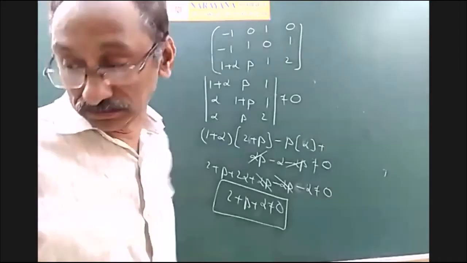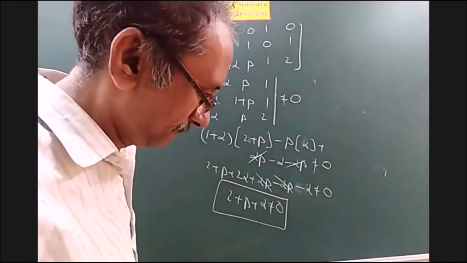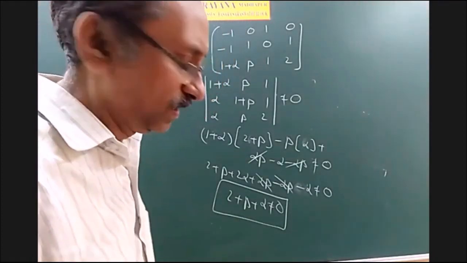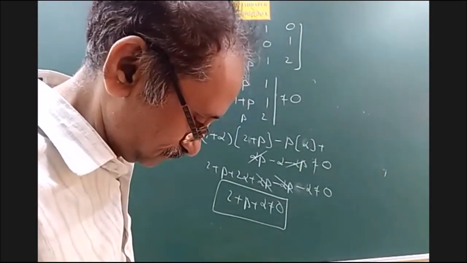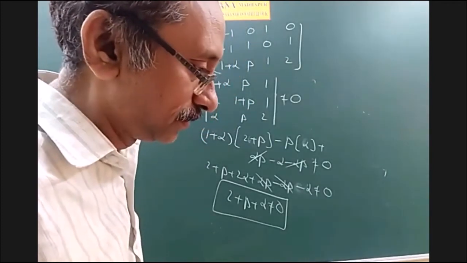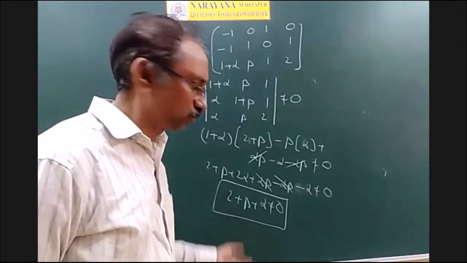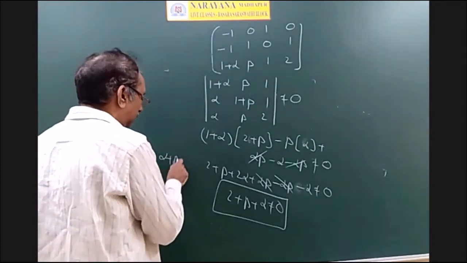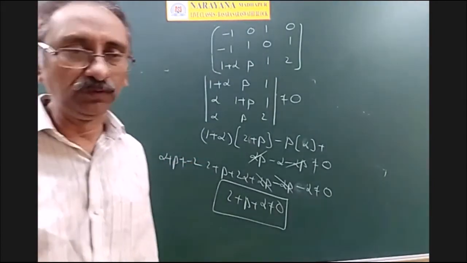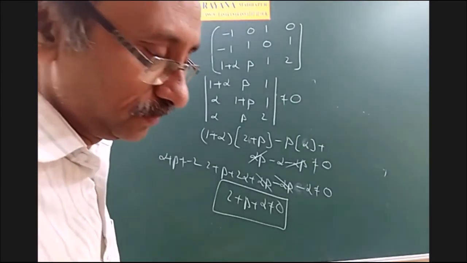Akash: So after getting alpha plus beta is not equal to minus 2, right? How did we get the fourth option, sir, then? Because in the fourth option, alpha plus beta is not equal to minus 2. Okay, sir. But with one condition, how can we say, sir? What one condition, Akash? You will get so many values for alpha and beta. Whenever alpha plus beta is not equal to minus 2, that will give you a unique solution. The alpha and beta are not unique. Okay, sir. Thank you, sir.